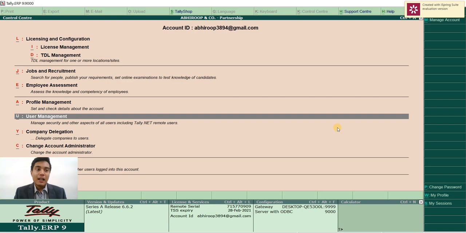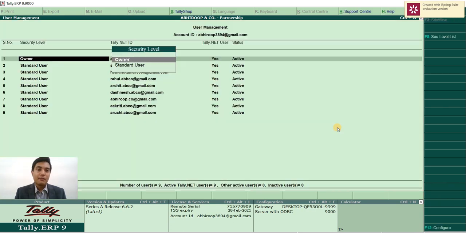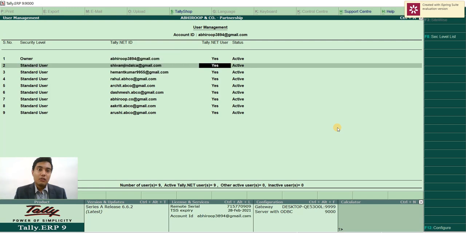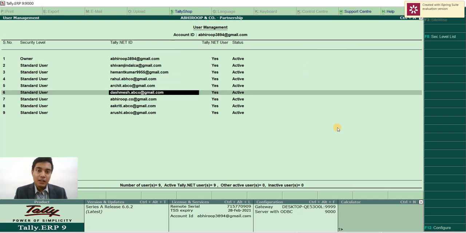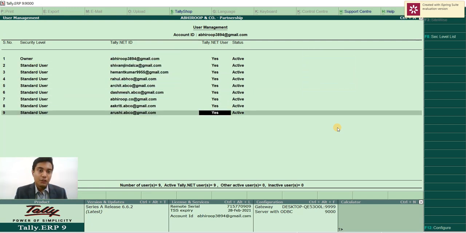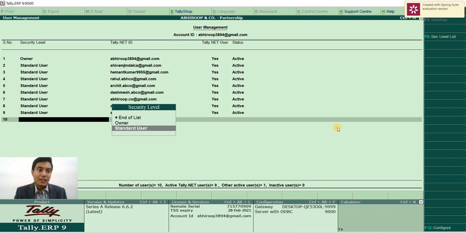So I go to the tab user management. Now these are the existing IDs which I've already fed for my existing data which is being accessed by my staff. So if there's one more ID which I need to feed, I go to the very last option. I select standard user.